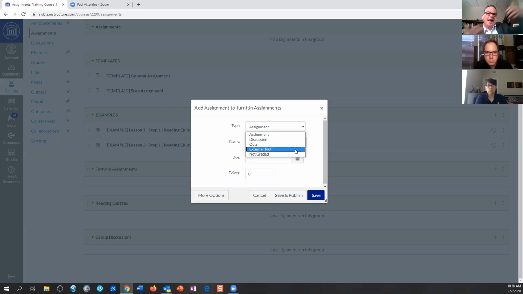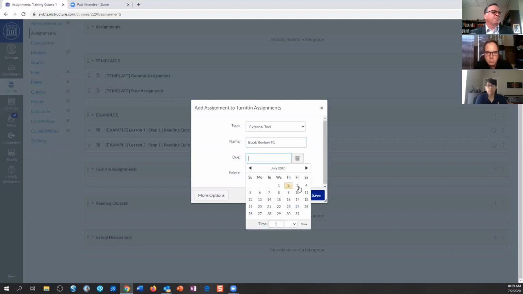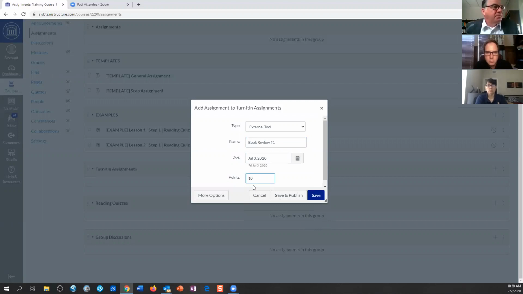So that's creating a link now by clicking external tool. You want to do that. Name your assignment. Let's say it's book review number 1, whatever you want to call it. Give it a due date. For simplicity, I'm just going to give it a due date for Friday and give it maybe 10 points or whatever. The points total there, just so you know, will be transferred into how grades are calculated in the Grade